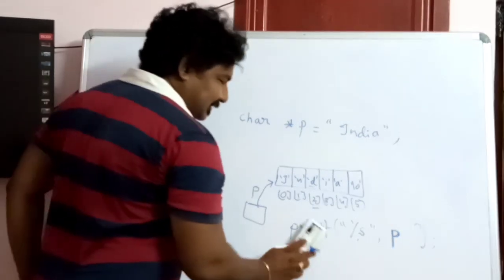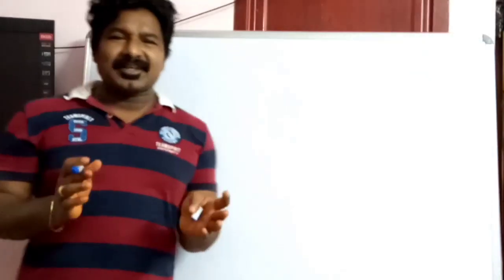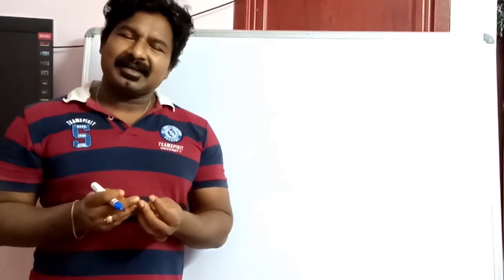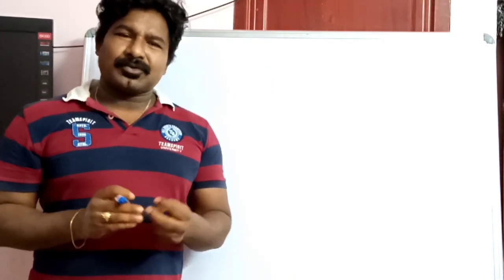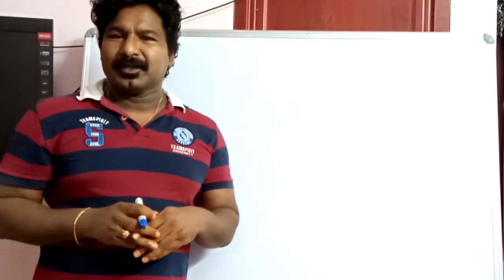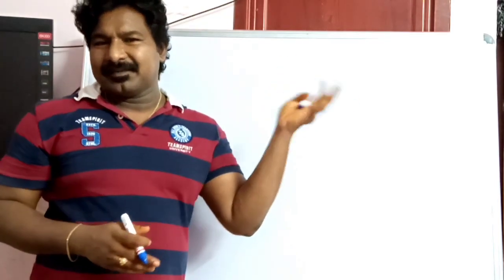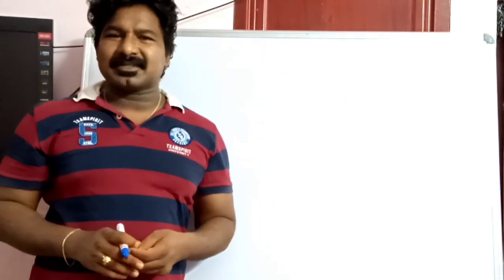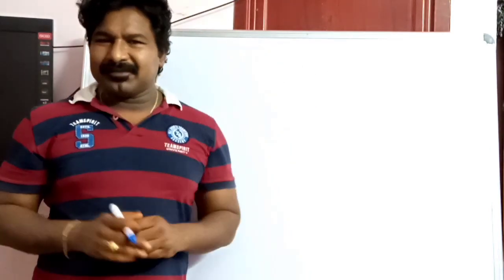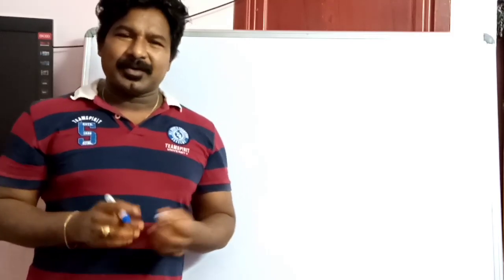Now I'll discuss another important concept, the relation between character pointers and strings. If you are using functions, a function can return a string to a calling function. That means if there is a main function and another function called display, the main function can call the function display, and that function can return a string to the main function. A called function can return a string to the main function by using the character pointer. That is one application where you can use character pointers with functions.